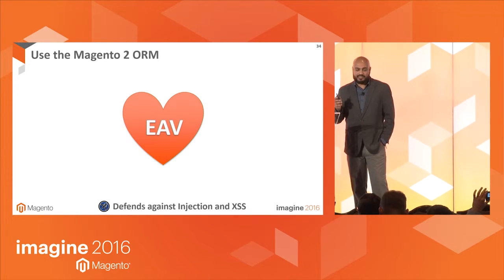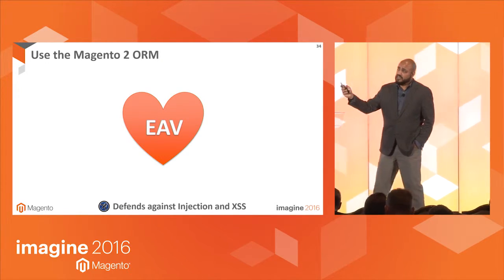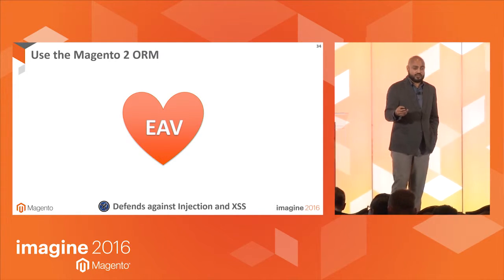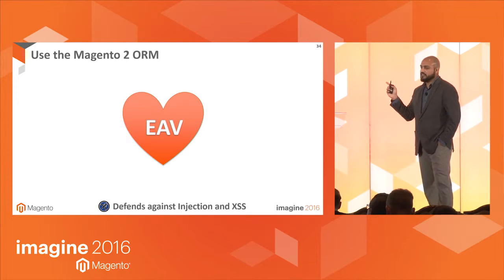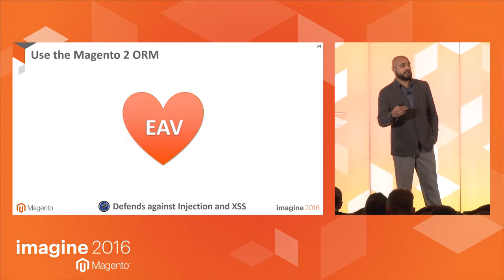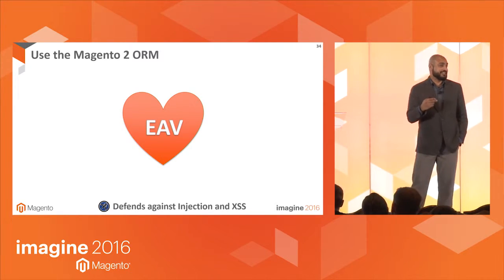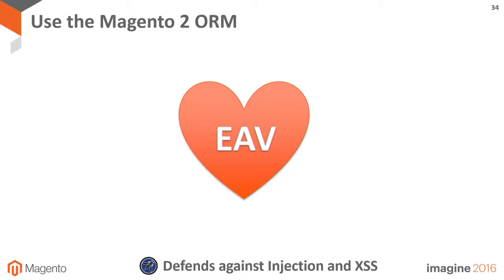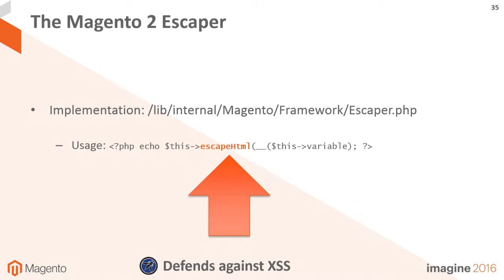Talking about typecasting is important to make sure that nothing gets into your database for XSS and injection. Zend has very good typecasting libraries, and I encourage you to look those up. I should have put the link to the path to the files here. Just be aware if you're going to be typecasting datetime, Magento 2 has overridden the Zend datetime typecasting class. So feel free to look those up and use typecasting to make sure whatever data is coming in is the correct type. Then you're preventing XSS attacks and injection attacks. But that's data coming in. Let's talk about data going back out.